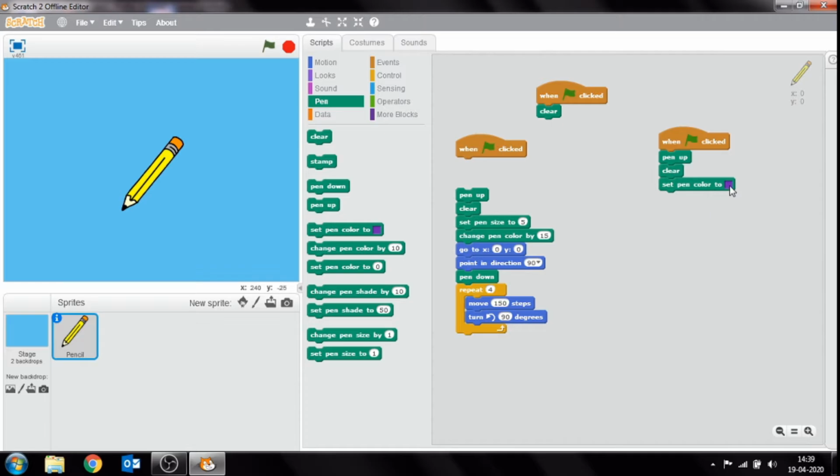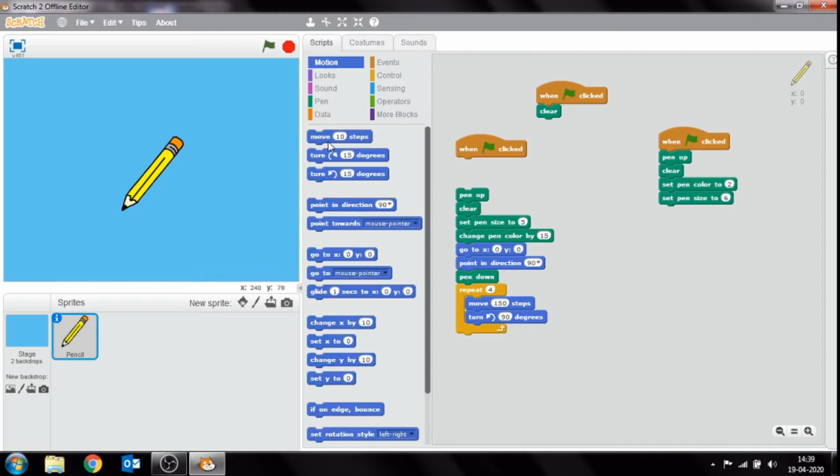If you want to change the color, you can change it. Suppose I type 2, change pen size, take 6, then set the position of the sprite to 0, 0, point in direction 90 degrees.